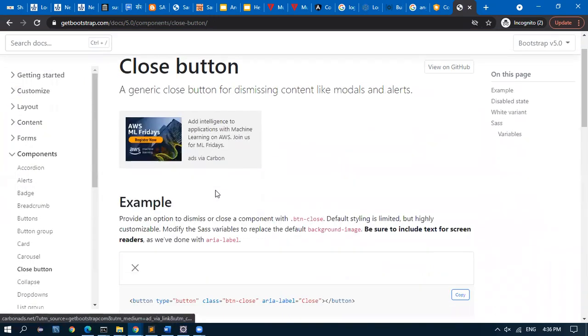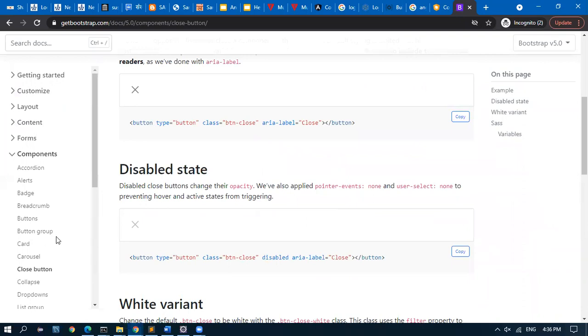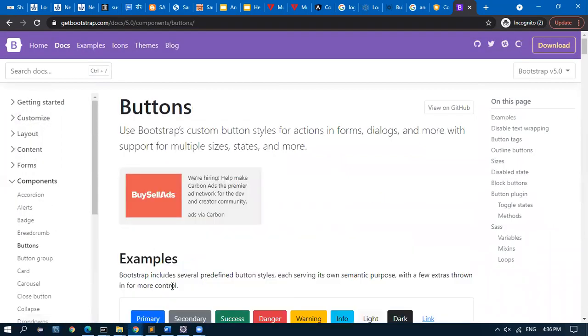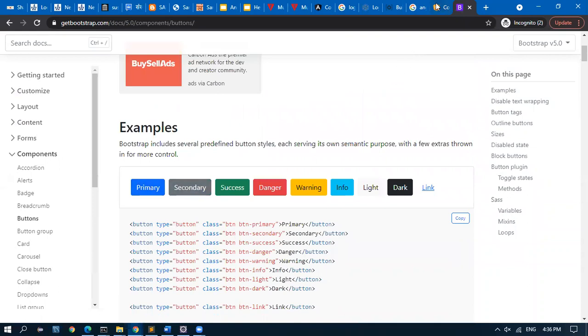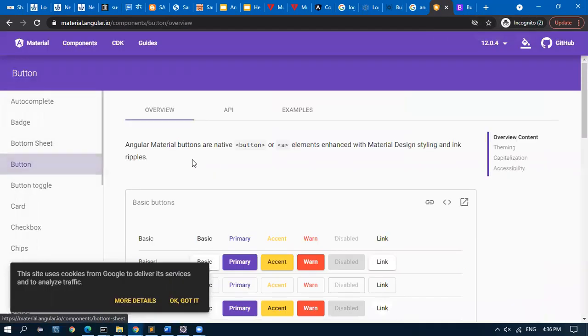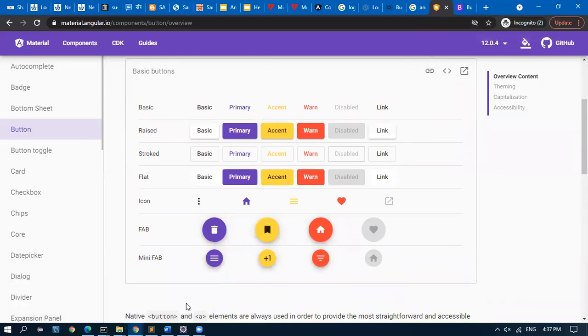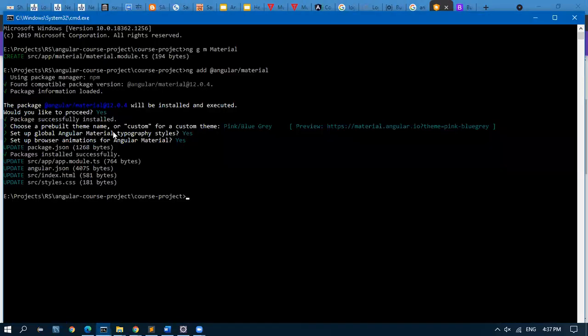So this is the Bootstrap style. The Bootstrap buttons will be like this, and Angular provides buttons like this. We can choose whatever we want. To use these in our Sublime editor, we install that in the command prompt.